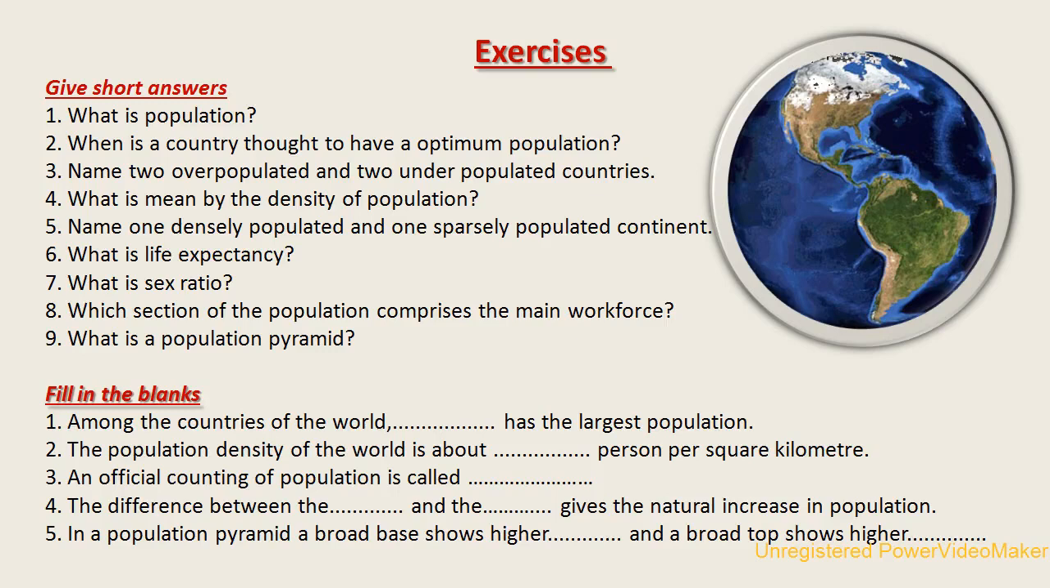First, you have to find some short answers for the 9 questions. First one, what is population? Second one, when is a country thought to have an optimum population? Third, name 2 overpopulated and 2 underpopulated countries. Fourth one, what is meant by the density of population. Fifth one, name 1 densely populated and 1 sparsely populated